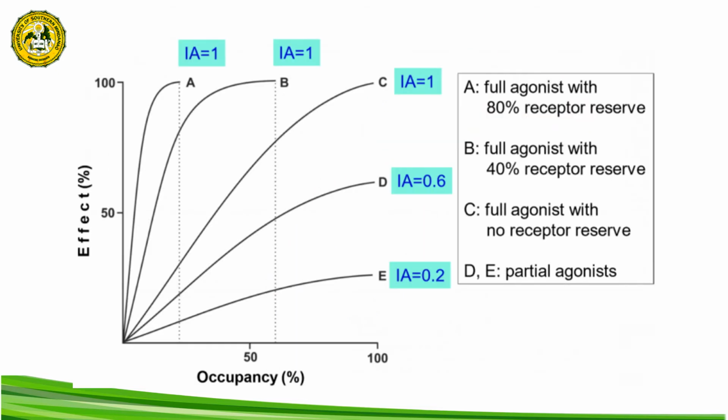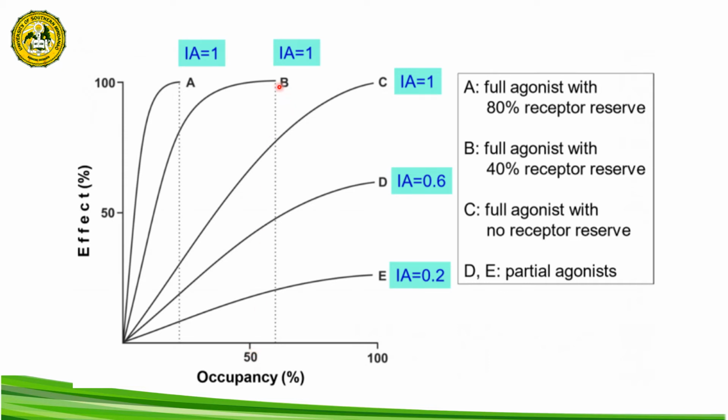It shows the occupancy response relationship of 5 different drugs, drug A, B, C, D, and E. From this graph, we can determine the drug's efficacy or intrinsic activity, represented by IA, and their receptor reserve. Again, the x-axis represents the occupancy rate and the y-axis represents the effect in percent. When we say occupancy, that is the maximum number or percentage of receptors that have been occupied by the drug relative to